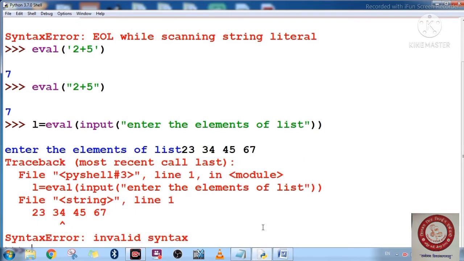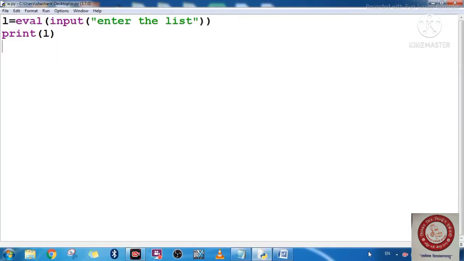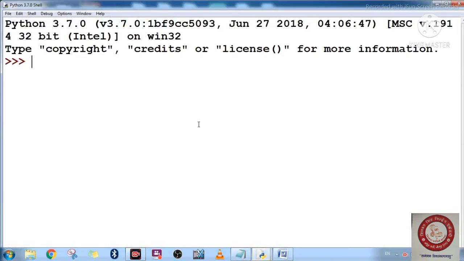So now there is one more error here. So what will be the error? Let's find out. So students, I have checked here, the eval function is not working in the interactive mode. I have tried in the script mode also. In the script mode it is running, but you are not getting the exact result. Let me show you like this. I have clicked on run.